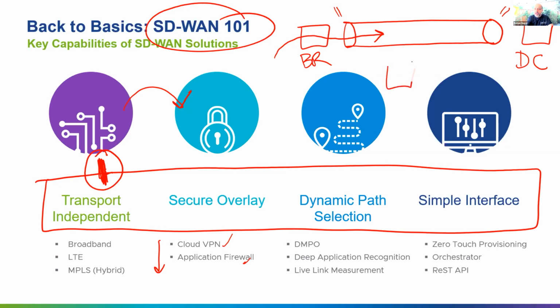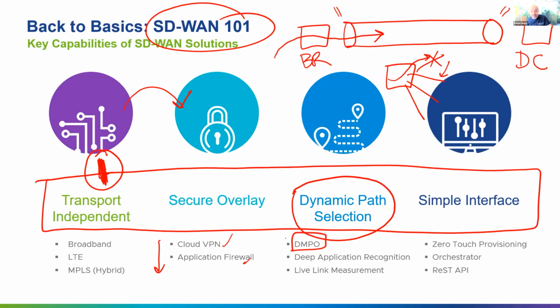Blackout condition is where, if I have an edge device, let's say I have 4 internet connections, WAN connections, and one of the circuits goes down, what happens to the application traffic which was going over that circuit? Who's going to do that switch over? Who's going to detect in the first place that there is such a problem out there? All those things need to be provided using dynamic path selection, which is DMPO, the secret sauce for VMware SD-WAN. But the key here is all that link steering, link measurement, monitoring the circuits, all those come under the SD-WAN. So any SD-WAN solution should be able to offer you that capability.